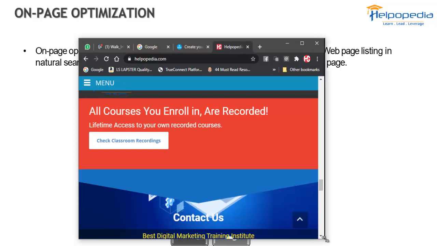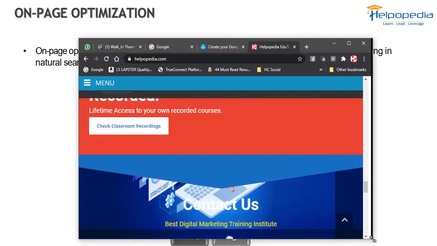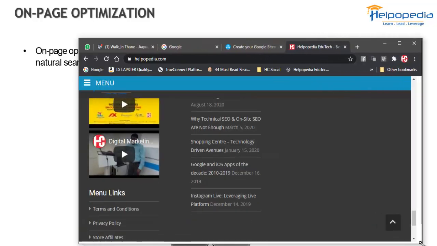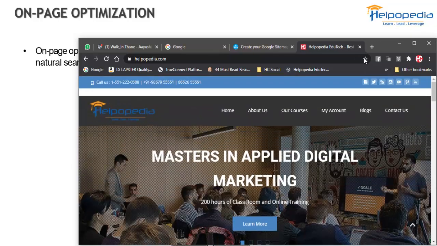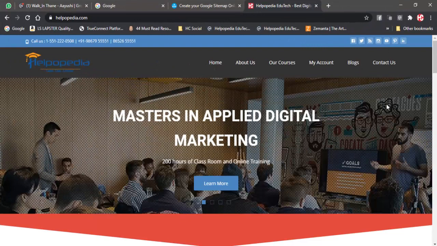As I am increasing the size, it is automatically adjusting as per its original content. So our website should be responsive to all the screens when people are browsing the internet on different screens, and we need to take care of that. That is what is meant by mobile SEO.